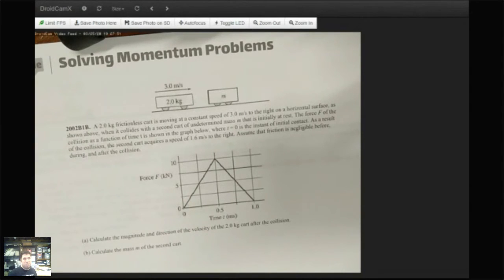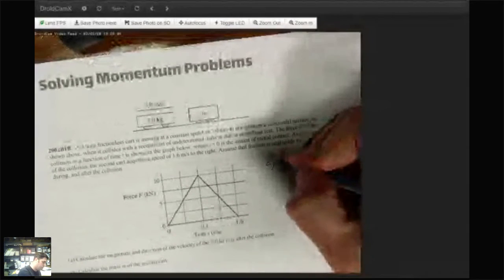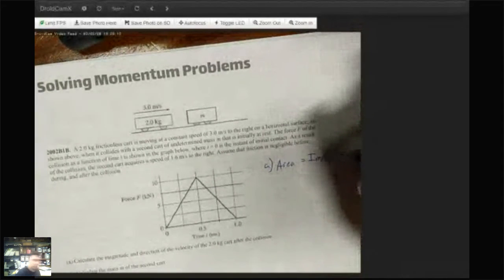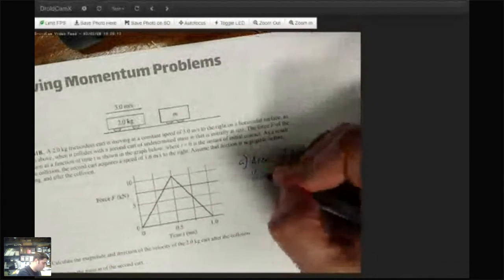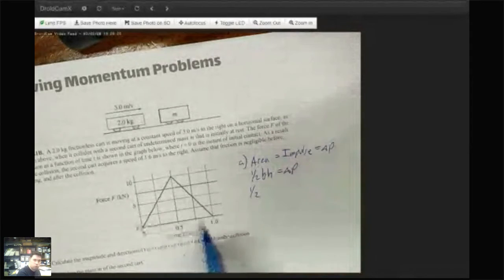And if we don't have an area, we don't have much to work with here. So just like every other question we're going to be doing that involves area here, you're going to be given some sort of nice, easy geometric shape. In this case, we're given a triangle. So I know the area of a triangle must be equal to the impulse, which is equal to the change in momentum. The area of this triangle is 1/2 base times height, which must equal delta P. So 1/2, my base is 1